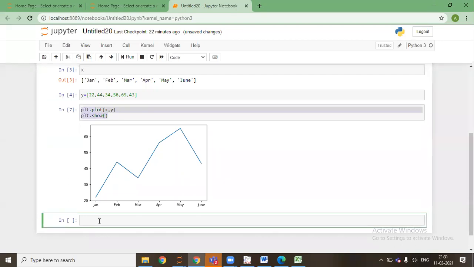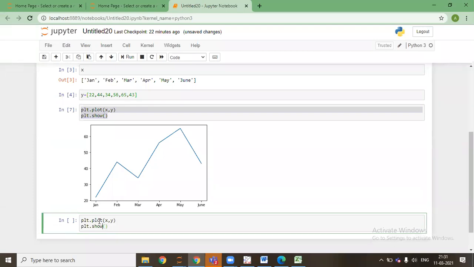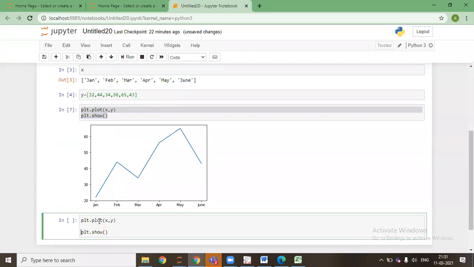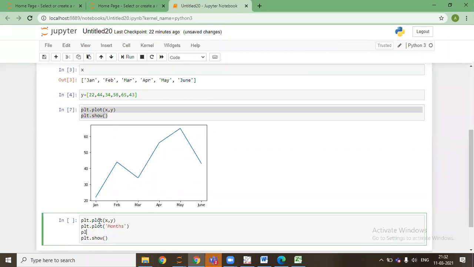I'll say plt dot plot x y, plt dot plot, so the x-axis is say months, plt dot plot, I'll say CR.